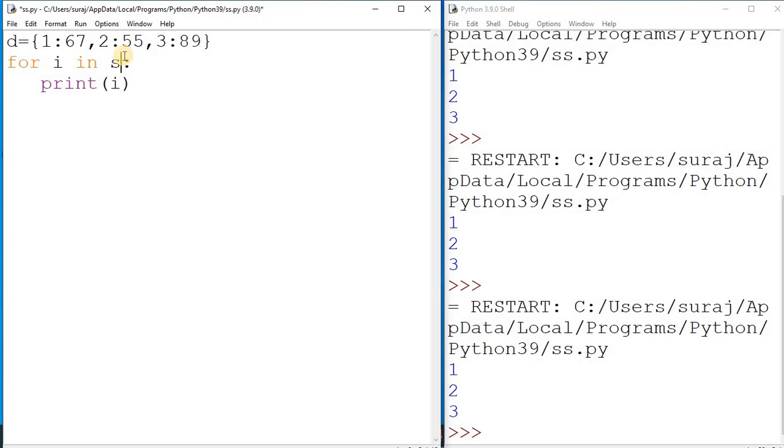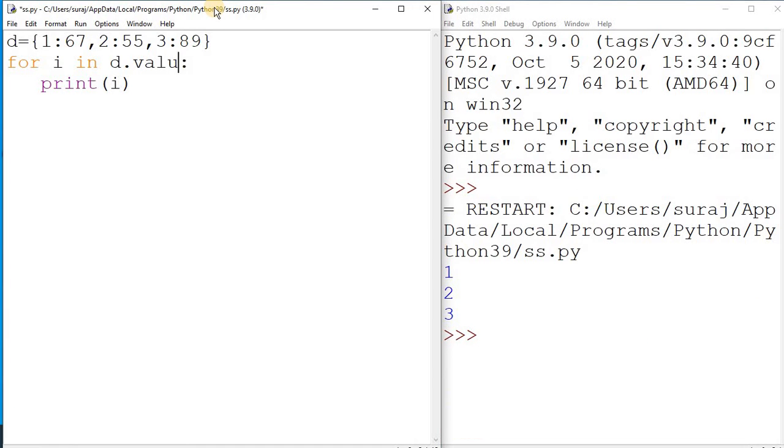Here also you have to take D. When we go with that, it will show only the key values. You see there only the keys, it is not showing the values. So what you have to do is write D dot values, and once we do that we check the output.